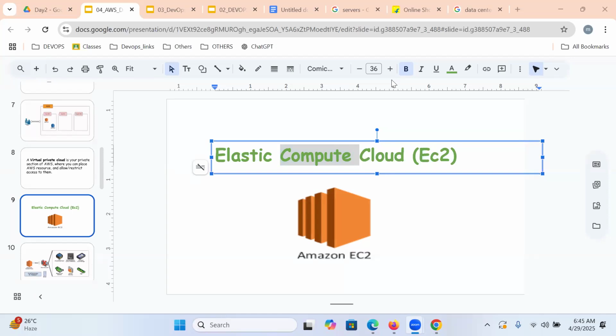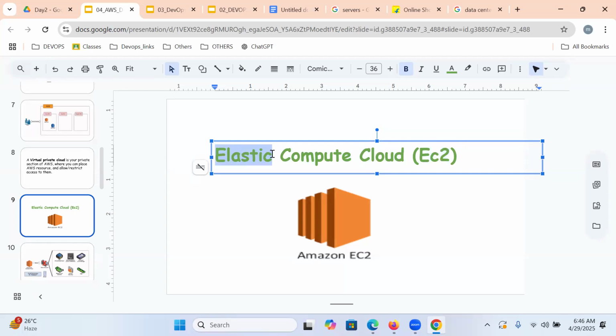Those are what we call computing power. If you can access computing power over the internet, that is nothing but EC2.